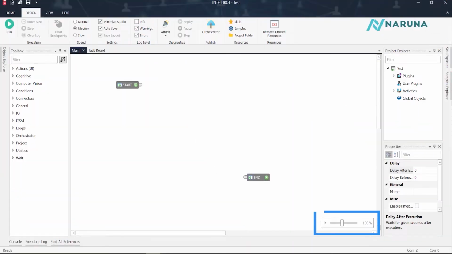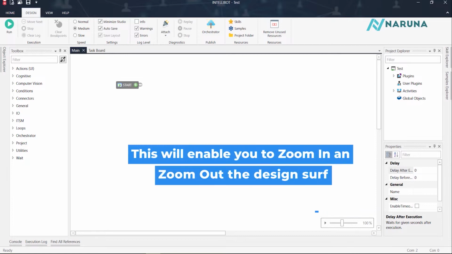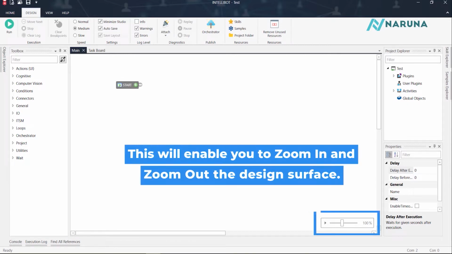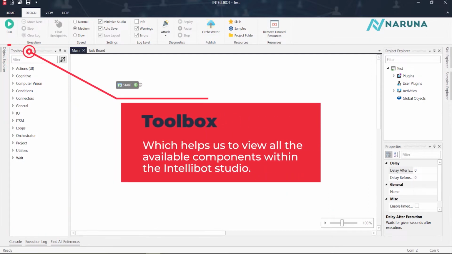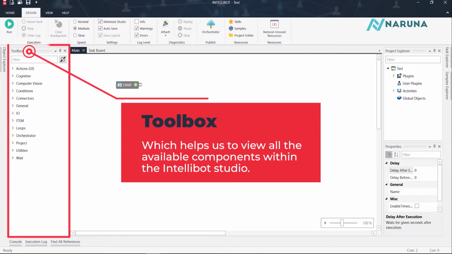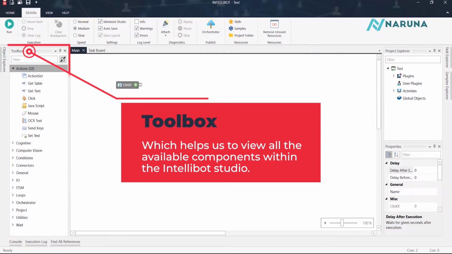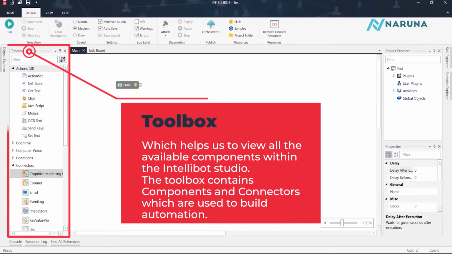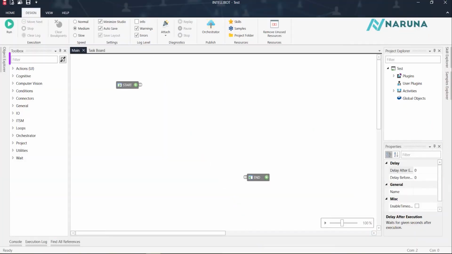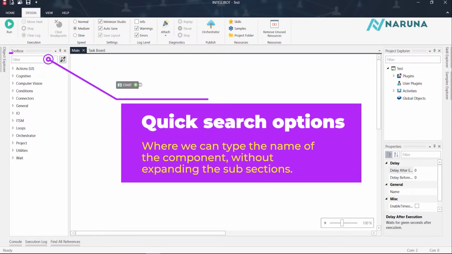Highlighted in blue is the zoom settings. This will enable you to zoom in and zoom out the design surface. This section is the toolbox, which helps us to view all the available components within the IntelliBot Studio. The toolbox contains components and connectors which are used to build automation. Highlighted box in purple is the quick search option where we can type the name of the component without expanding